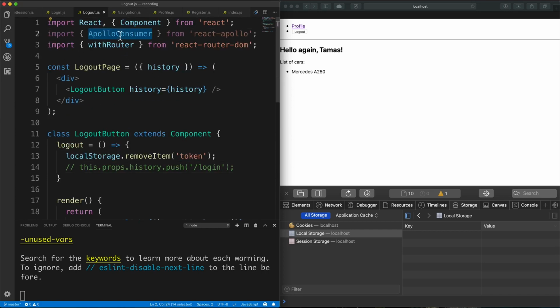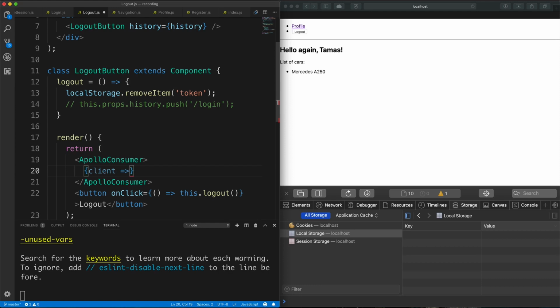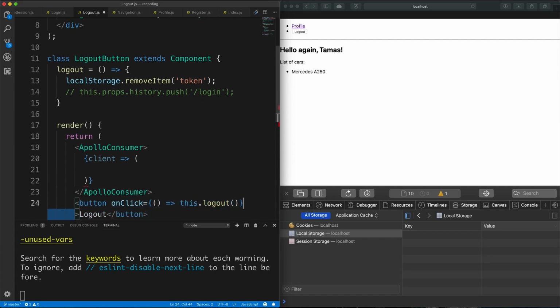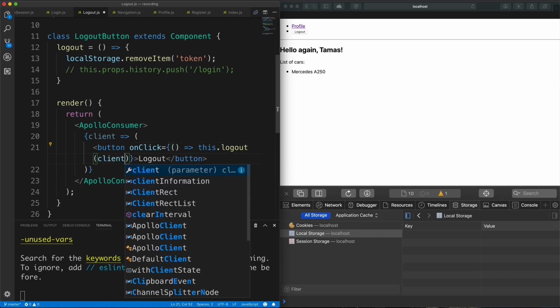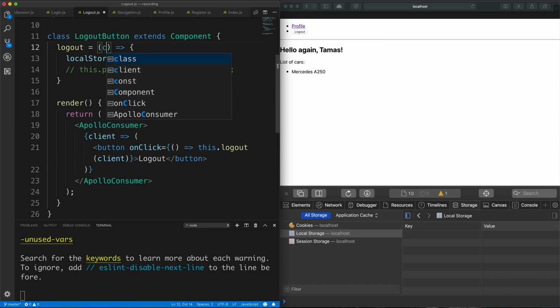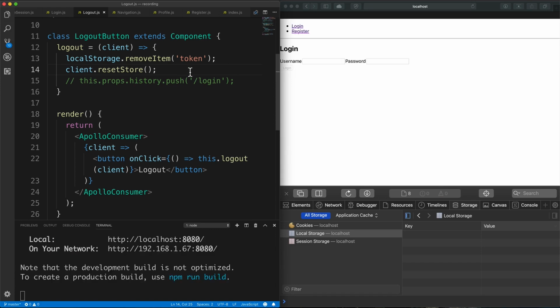Well, notice I have already imported the Apollo consumer. The Apollo consumer allows us to access the client that we use at the moment. So this is the actively used GraphQL Apollo client that we have. And it's going to be as part of this Apollo consumer where we will add the button itself. And we're going to pass in the client to the onClick handler. And what we will do is call client.resetStore. Now this resetStore